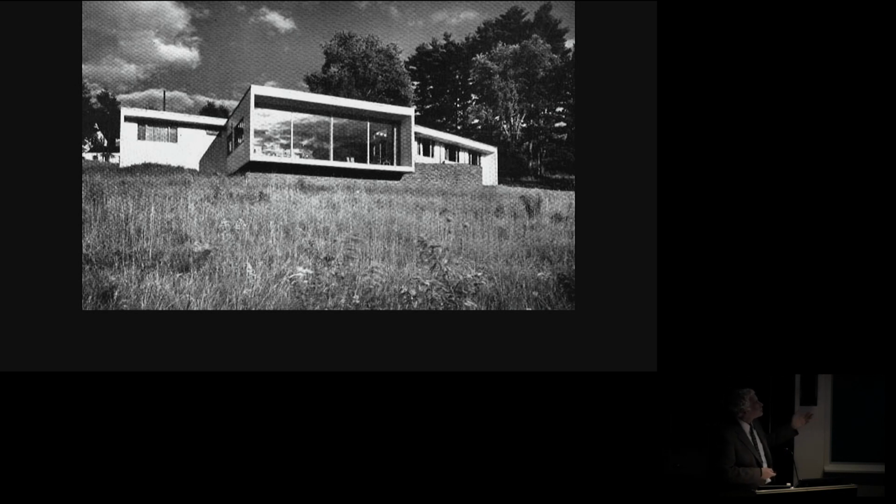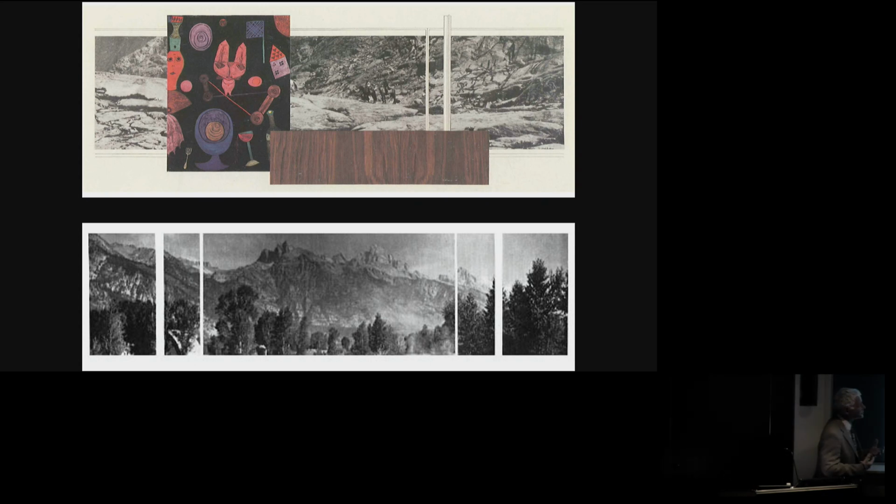This house in Connecticut was described as looking like a camera, and probably the height of this is the 1937 Resor House by Mies van der Rohe, the first project he does in the United States after he comes from Germany. And here he's imagining this glass-walled house entirely as a view. They're both sort of perspectives. Here's a column on one side, a column on the other side, and then the view of the Tetons, and then you can see some of the artwork and finishes that were within it.